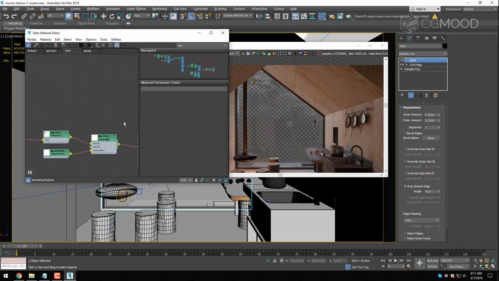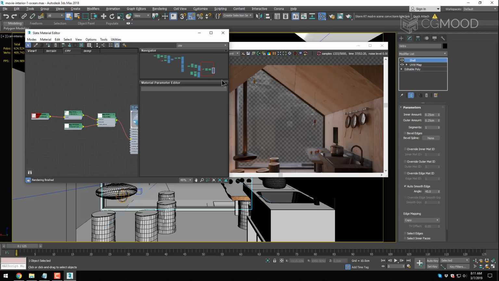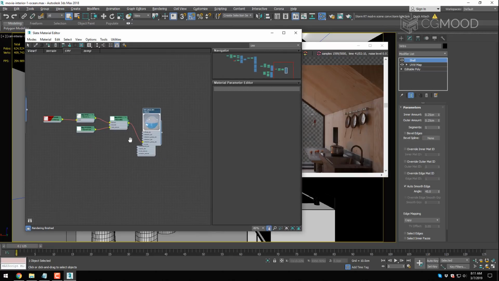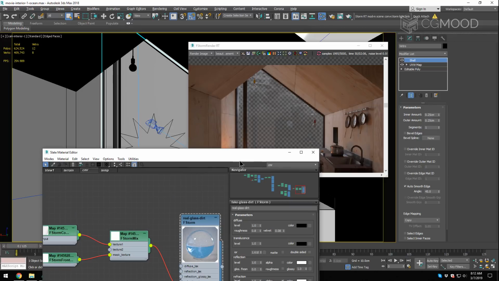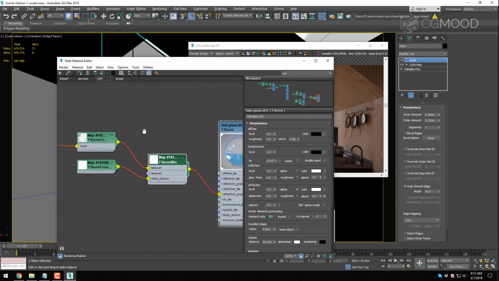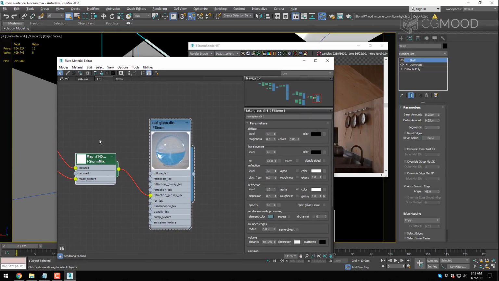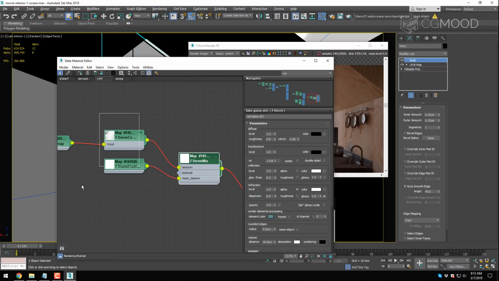a simple glass, actually it's not fake glass, it's a real glass. Forgot to rename that because you see I have a shell applied to this plane, and I have put just a map in the refraction glossy slot,